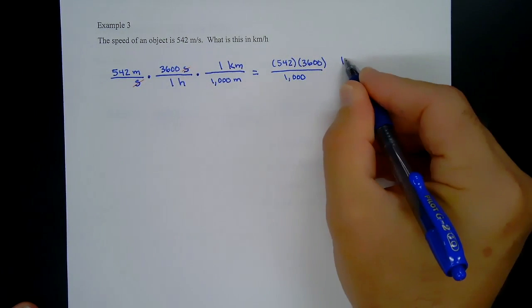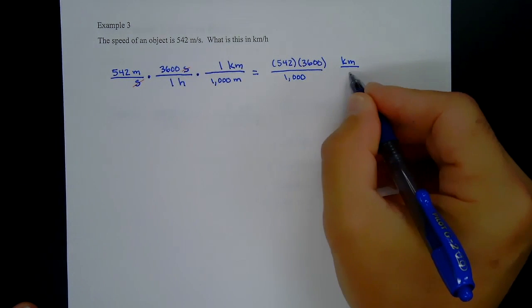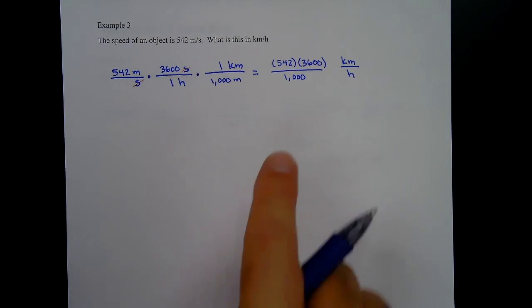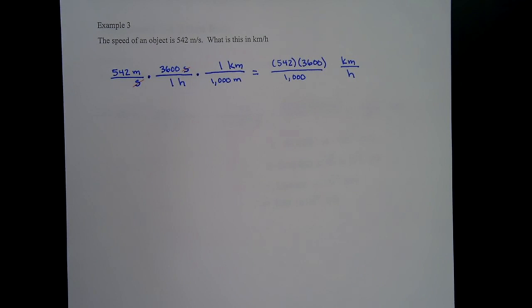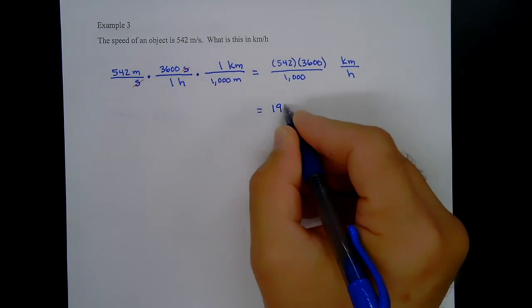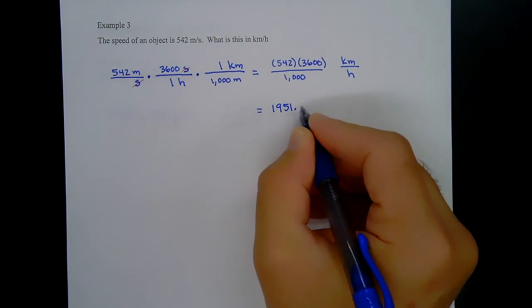And this would be kilometers per hour, all right? And so when we do this, 542 times 3,600, and then divide by 1,000, what I get is 1951.2